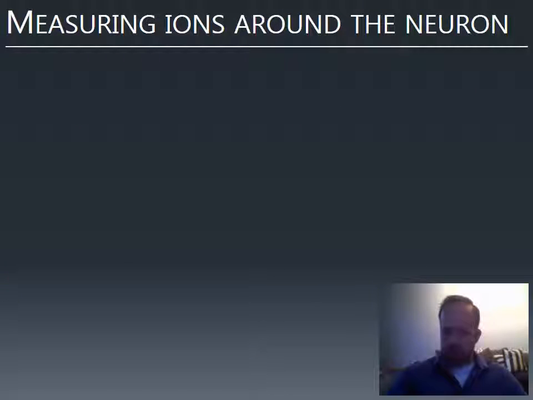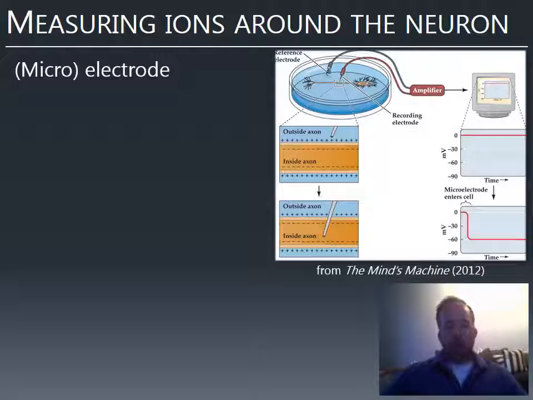So how do we measure this? That's a big question. We measure it with an electrode, or more accurately, a microelectrode. It has to be very small to pierce a neuron. A neuron is very small itself, and so the ends of these electrodes can be down to the millionth of a meter, what are called microns or micrometers. So what happens is you pierce the neuron with one of these electrodes, so the electrode is sitting inside the neuron.